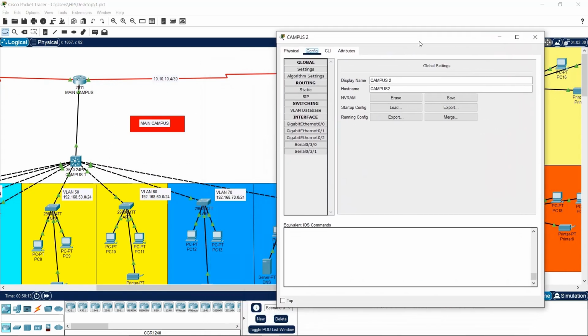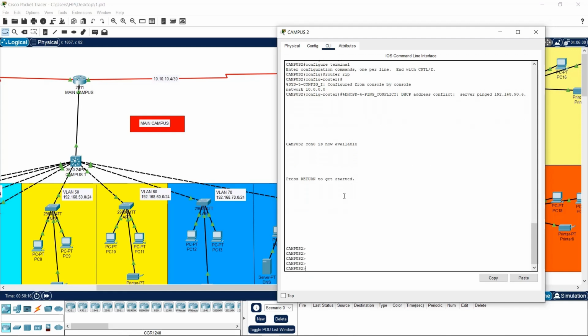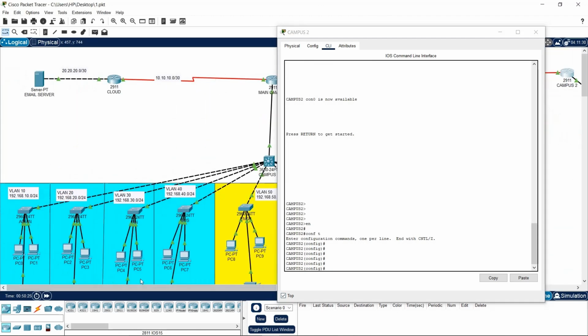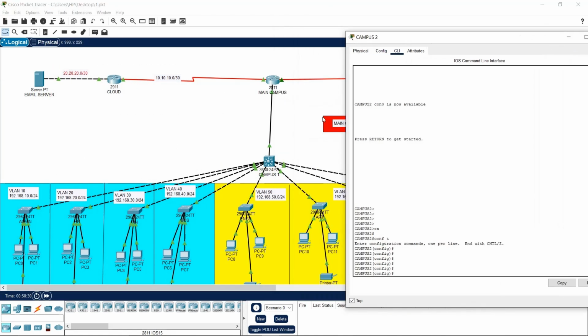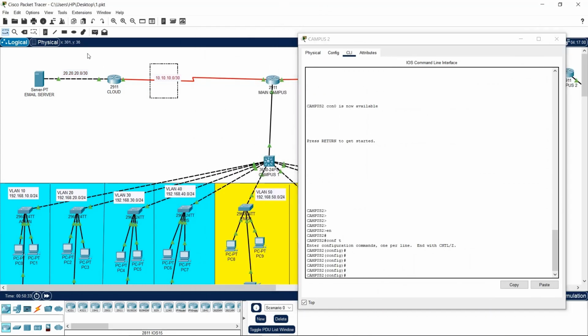You see, now what we are going to do is make, uh, config. What I'm going to do is just a backward route for two things, for this and for this. Remember, this just knows this. The campus 2 just knows the LAN. It doesn't know this and this. I hope you understand. So we do IP route